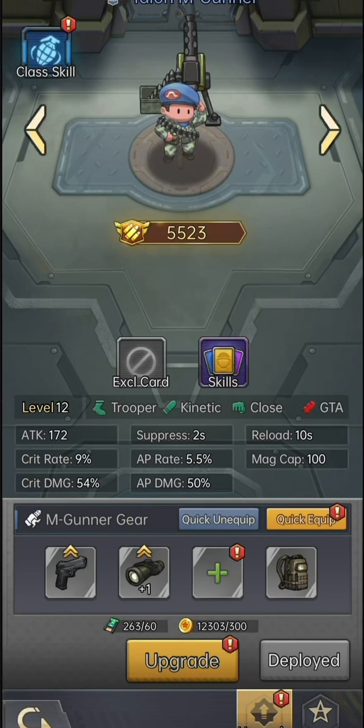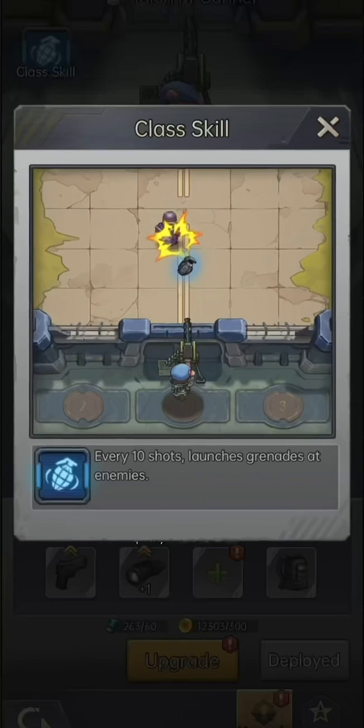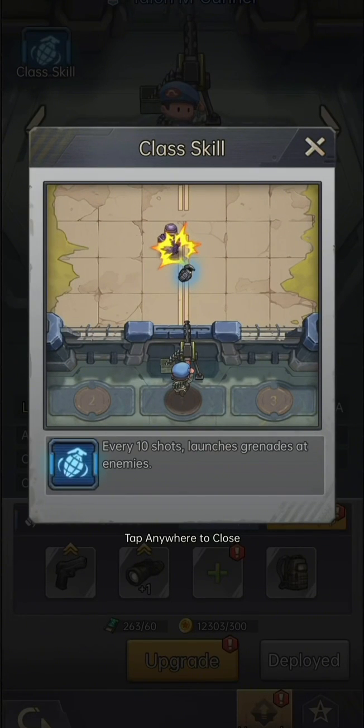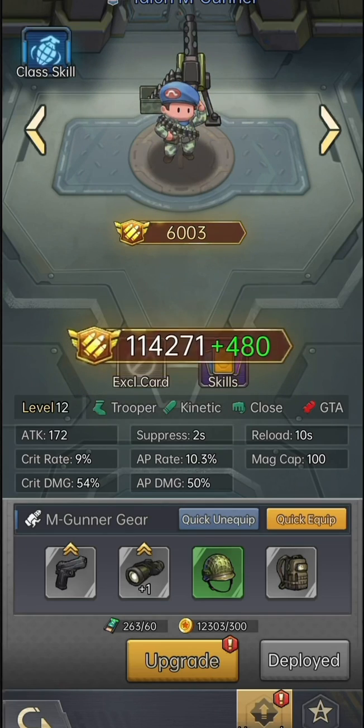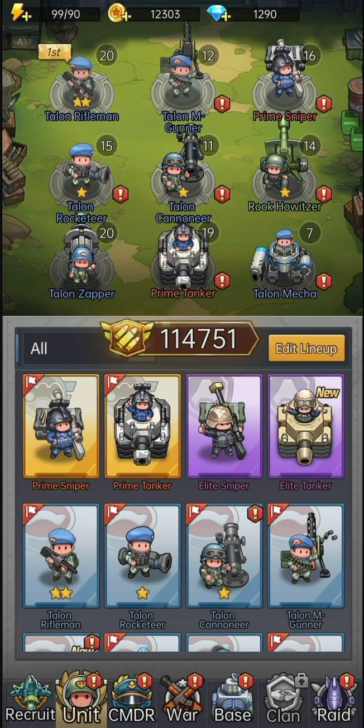But don't forget to star up all your guys. Class skill, you tap that. It says what the skill is, but there's no real reason for it to have that red exclamation point. Hit quick equip when applicable. Now you can also